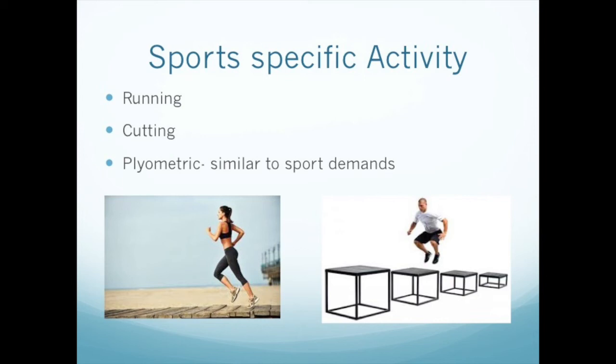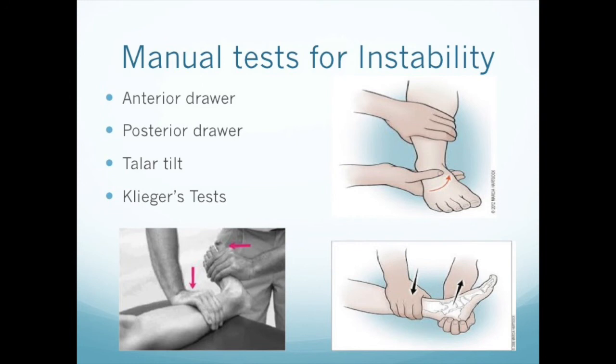of re-injury greatly. And lastly, right before we wrap up this video, it's always good to check for ankle instability in your athletes, and the tests we can use for this are your anterior drawer, posterior drawer, Talar tilt, and